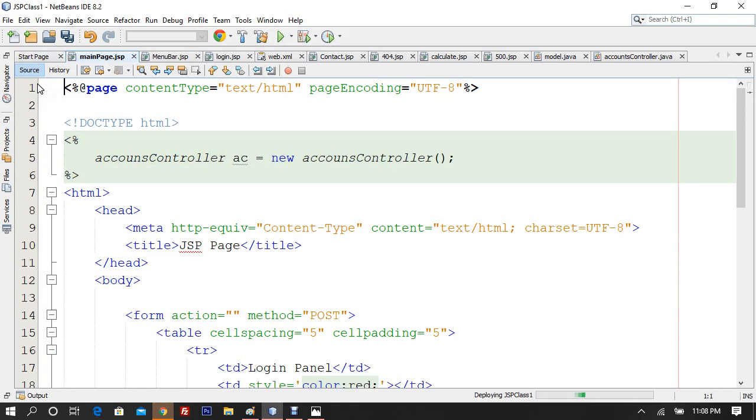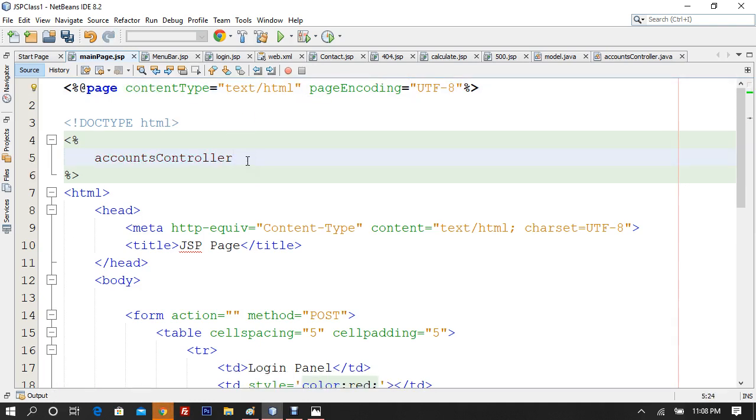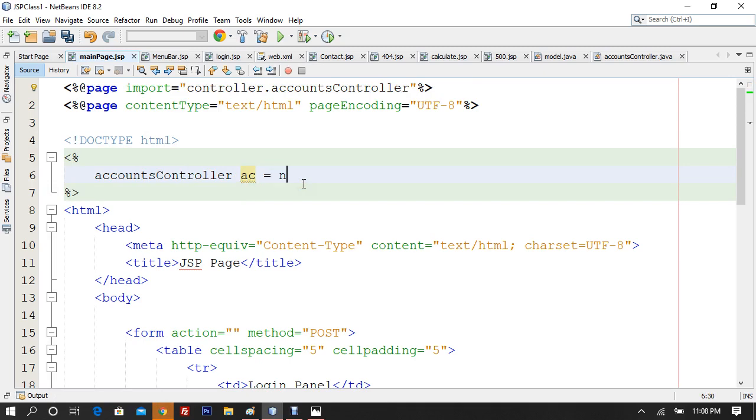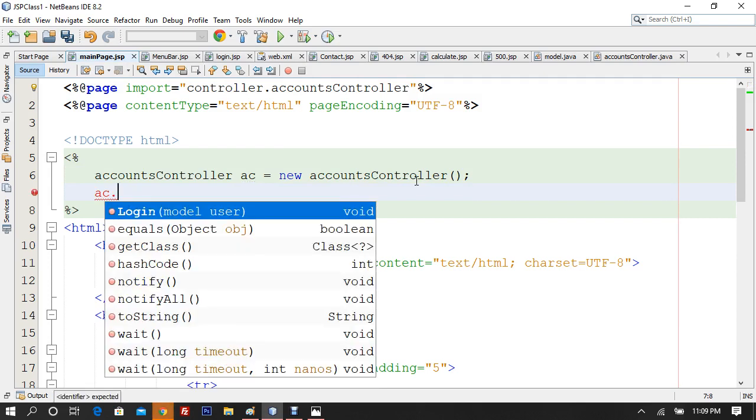Now you can see, I'll say accounts controller. Now let me carry on with this. Now see, accounts controller is imported. Or you can import it like this: accounts controller AC. You can see here, add import for controller.AccountsController. AC is equivalent to new accounts controller. Shift and space bar gives you quick access right here. And AC dot